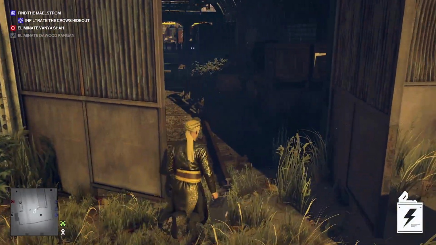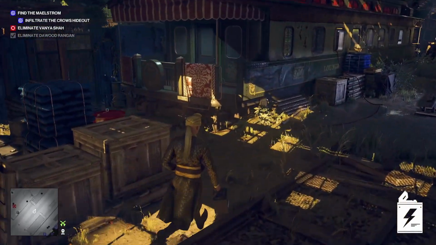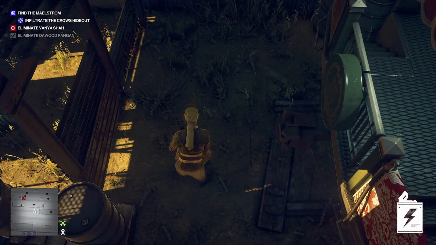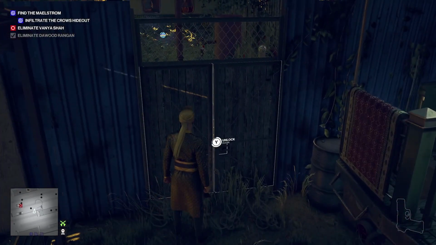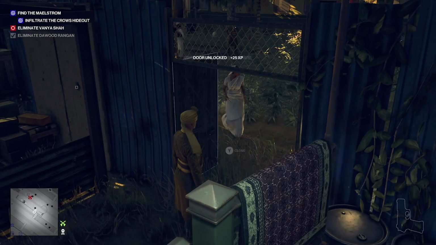And we'll head inside the train yard. Now, we're not trespassing, but there is one enforcer. It's not really a bodyguard, but it's her little maid. So what we're going to do now is sneak inside here,